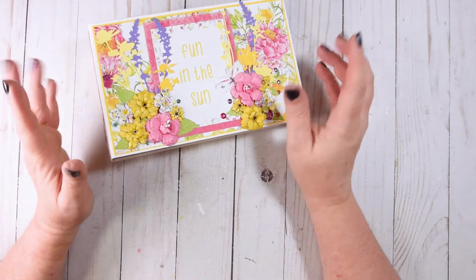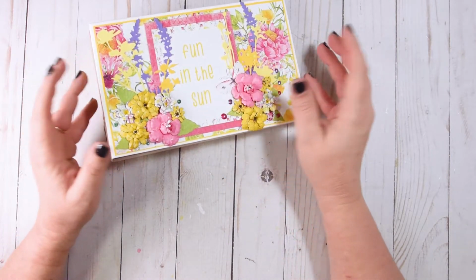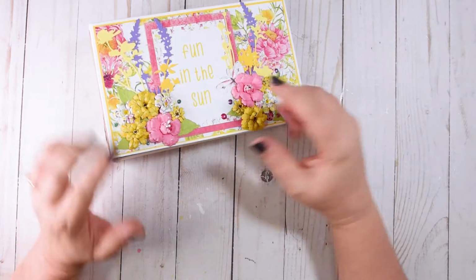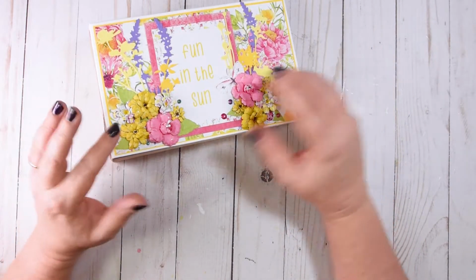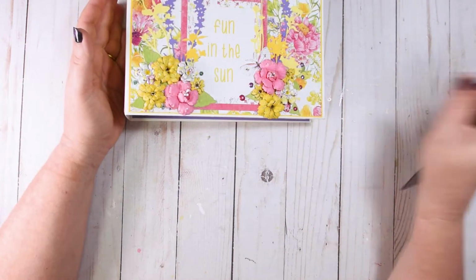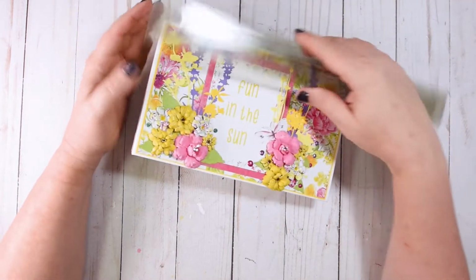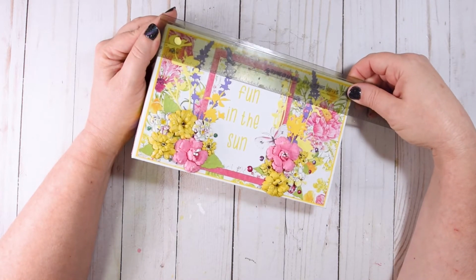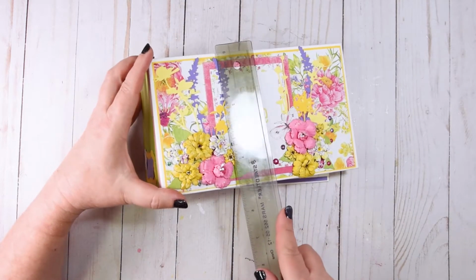We're going to look at the Summer Fun mini album today. As always, supplies will be linked down below, and I hope you see something that inspires you to get out there and create. So the dimensions of this album are 8 inches wide by 5 inches tall,